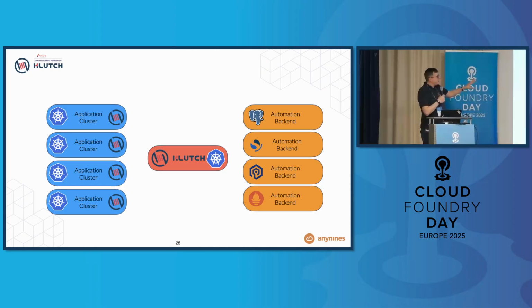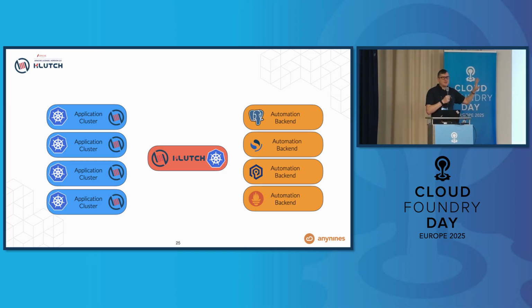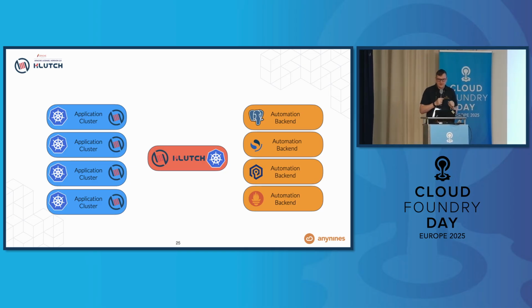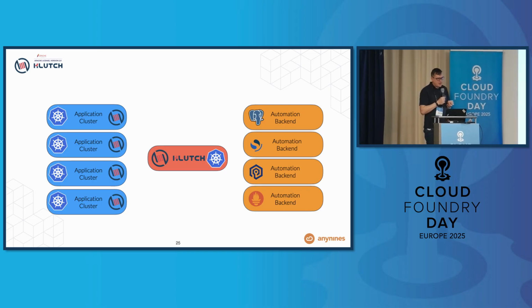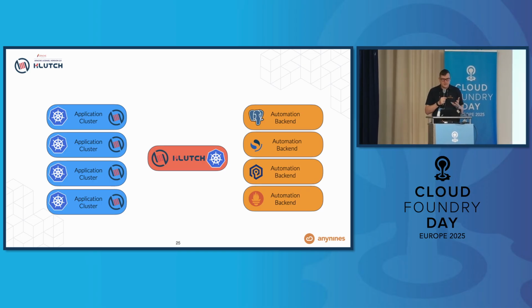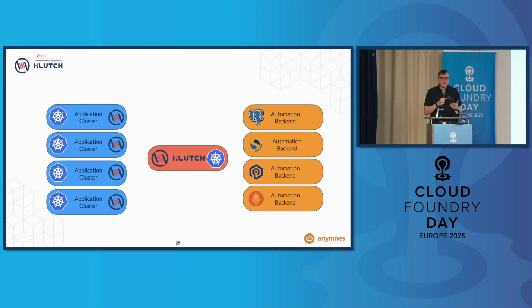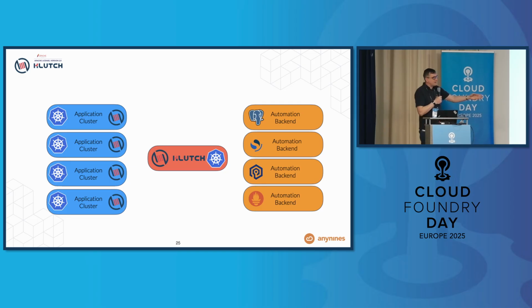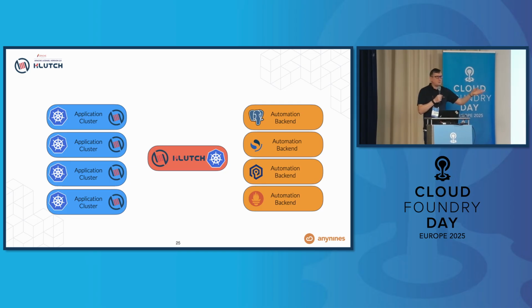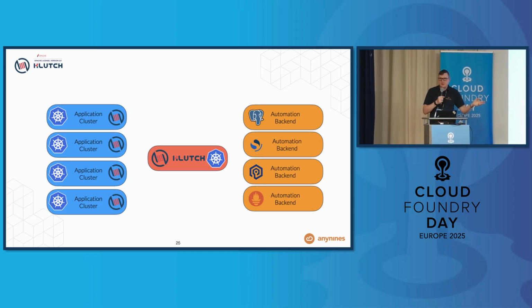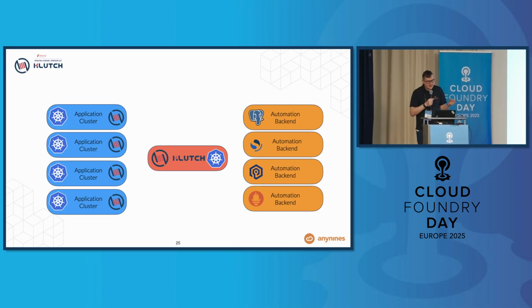The situation we are looking at is, this is talking about the Kubernetes side of things. I'll get into the Cloud Foundry side a bit later. But you have plenty of application clusters. We look at organizations who are looking into the hundreds of Kubernetes clusters. And you have various automation backends. As I said, they could be BOSH-based, they could be operators, they could be infrastructure provided, they could be your